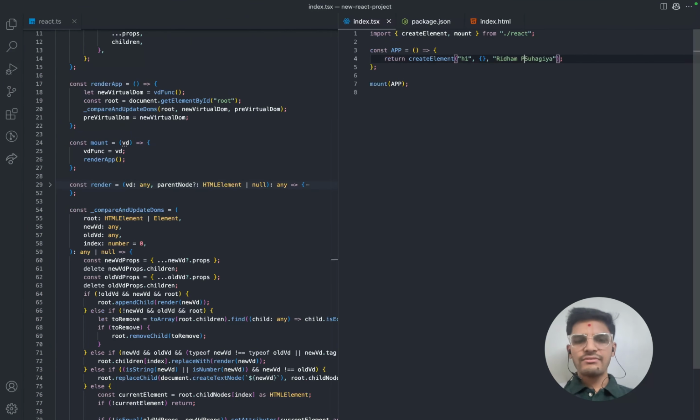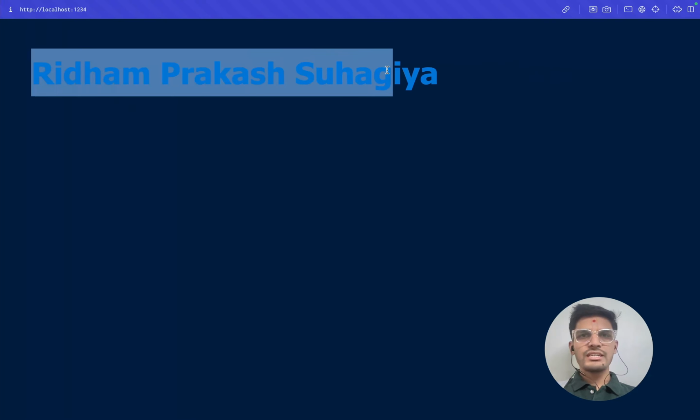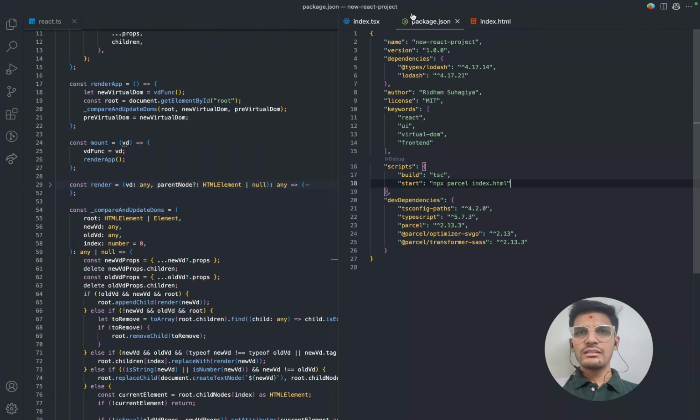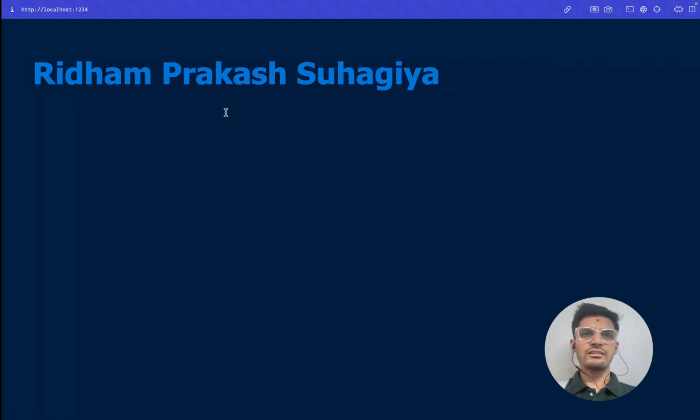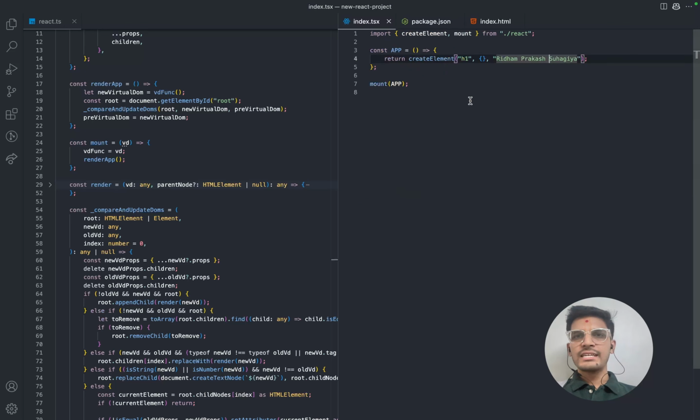Now if I change something in this, you can see the change happening over here as well. Because it is real time, the Parcel library listens to the index.html file, and every time there is a change in the index.html, it just renders those things out. So yeah, you have actually created your working